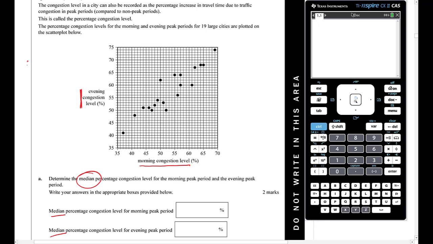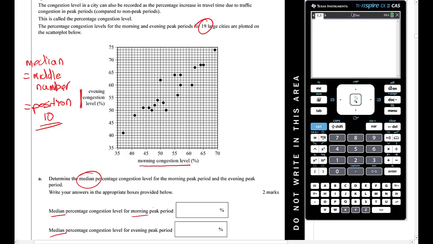So remember, median for our purposes equals the middle number, or the middle position number. So if I've got 19, that means we're after position 10. Okay. So basically what we want to look across is, first off, we're looking for the morning peak